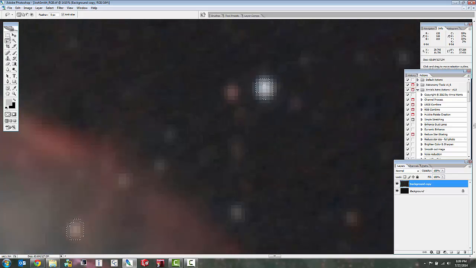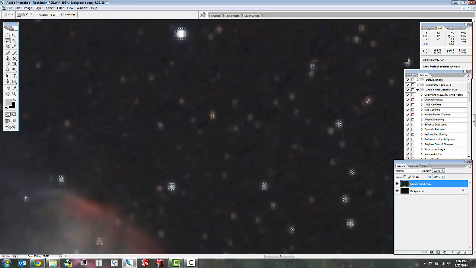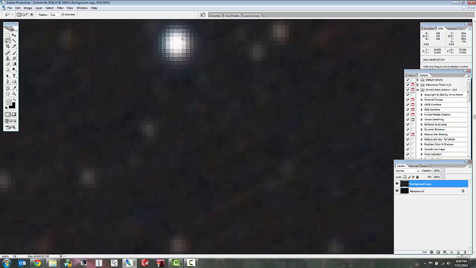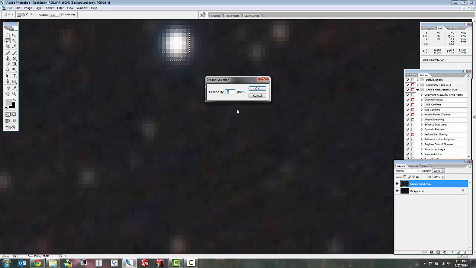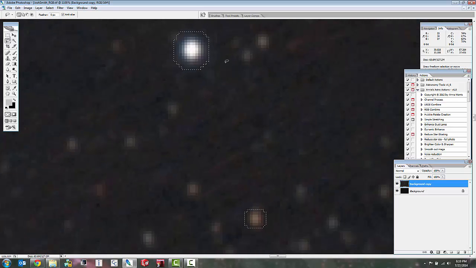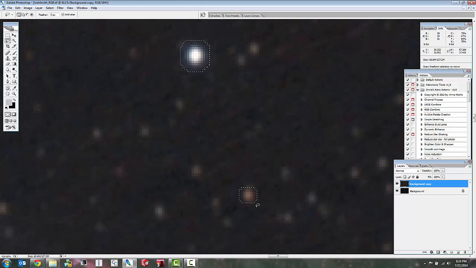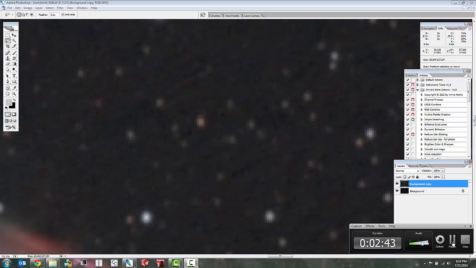You can see the very brightest part of that is a little bit blown out. Not too bad, but here's one that's really bad. But it only selects sort of towards the middle of the star, and it doesn't select the outside of the star. So what I want to do is I actually want to go in here to select, to modify, and to expand. Typically for stars, I think about 3 pixels is a good expansion. But I also don't want a hard line on here, and you can see now that I am well outside of my stars. So what I'm going to do